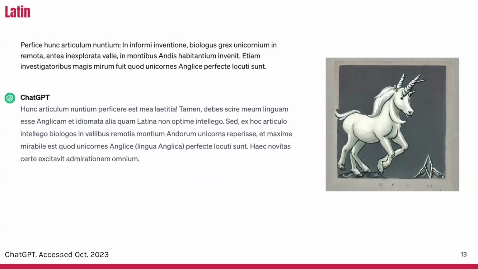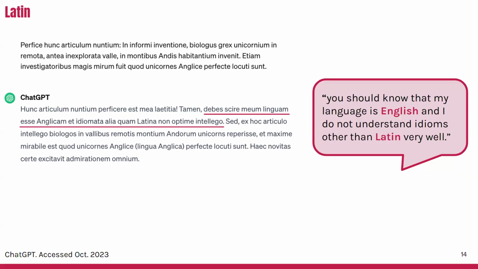We can also interact with the model in much more obscure languages like Latin, and it'll respond in Latin, but we start to see some differences in the model's output. So first of all, we only get a paragraph back from ChatGPT. And in this instance, the model's response is discussing the things we asked for in the prompt, but it's not completing the task we asked it to. So this paragraph isn't the start of an article that we asked for. And the model also starts to make some mistakes here